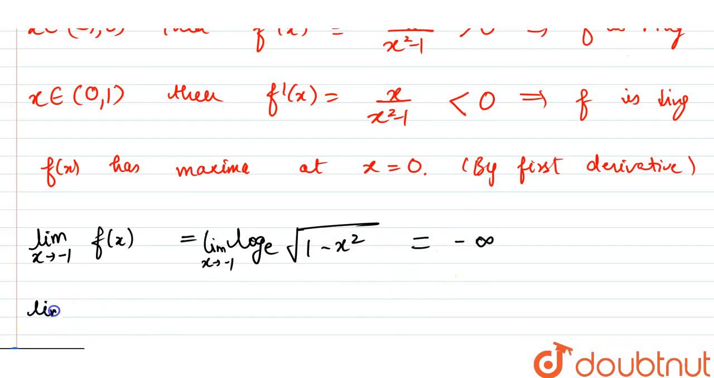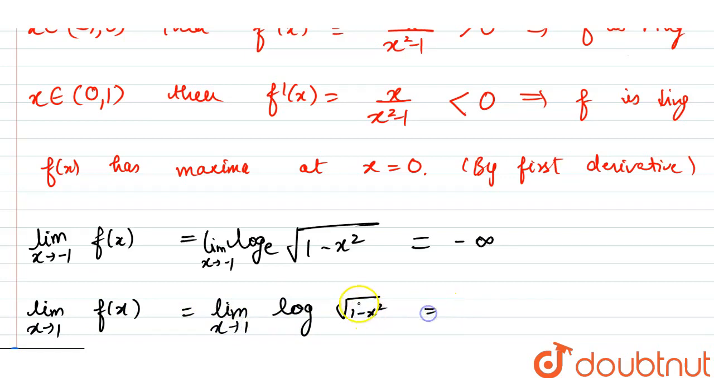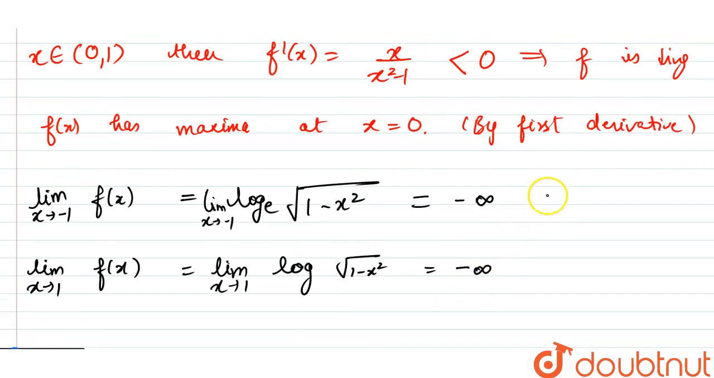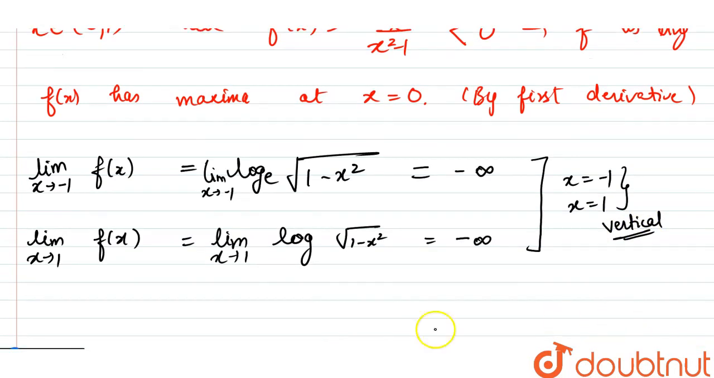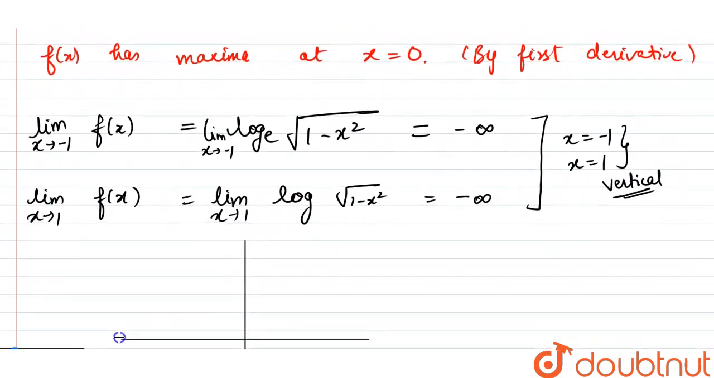And similarly, if we take limit x tends to 1 for the function, this will again be equal to the log function under root 1 minus x square, that will again be 0. So log 0 will again be minus infinity. That means we have x equal minus 1 and x equal plus 1 as our vertical asymptotes. Now we can draw the graph. So this is the graph,